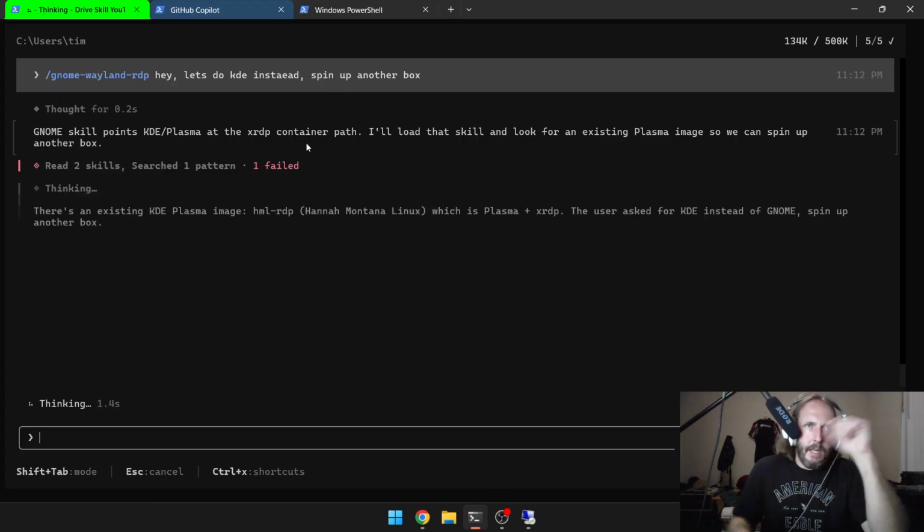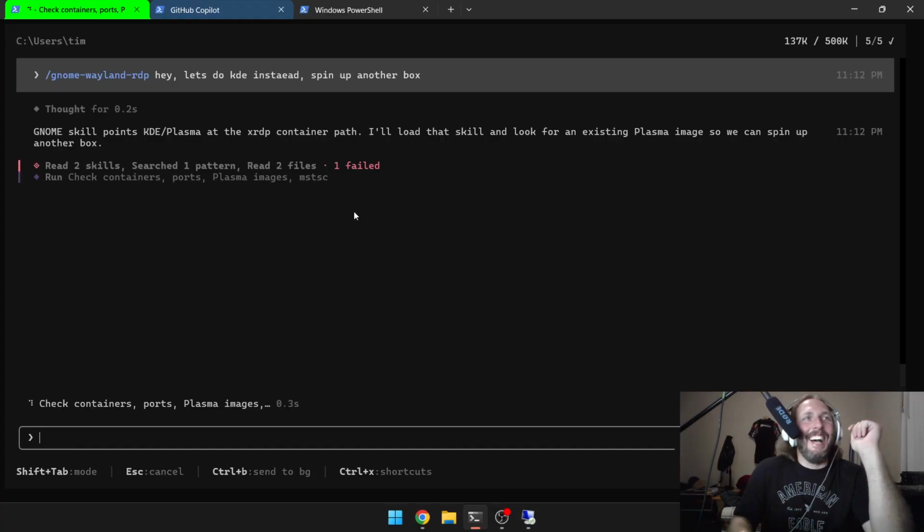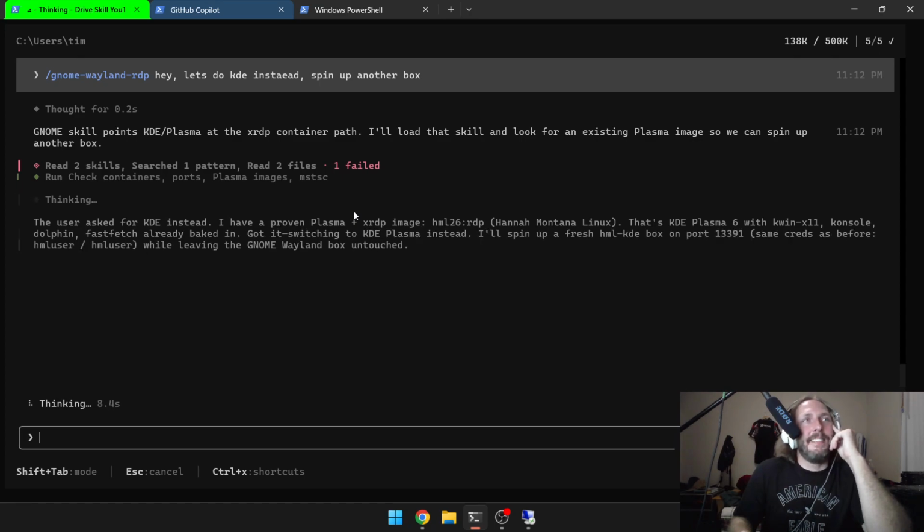GNOME skill points KDE Plasma at the XRDP container path. I'll load that skill and look for an existing Plasma image so we can spin up another box. There's an existing KDE. It's going to pull the Hannah Montana Linux. That's awesome. I was about to suggest we should use the Hannah Montana Linux. So soon we will be into HML with